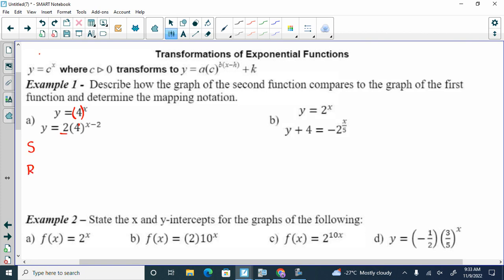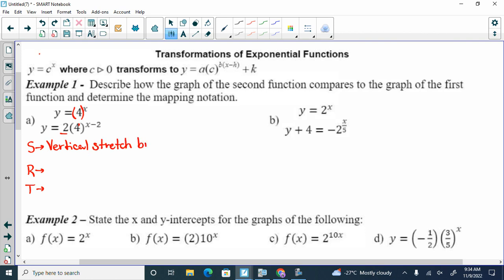And remember, we have to go in the order. You agree? So we have vertical stretch. Do I have to write it? No, I'm just proving a point. It has to go stretch, reflect, translate. So vertical stretch